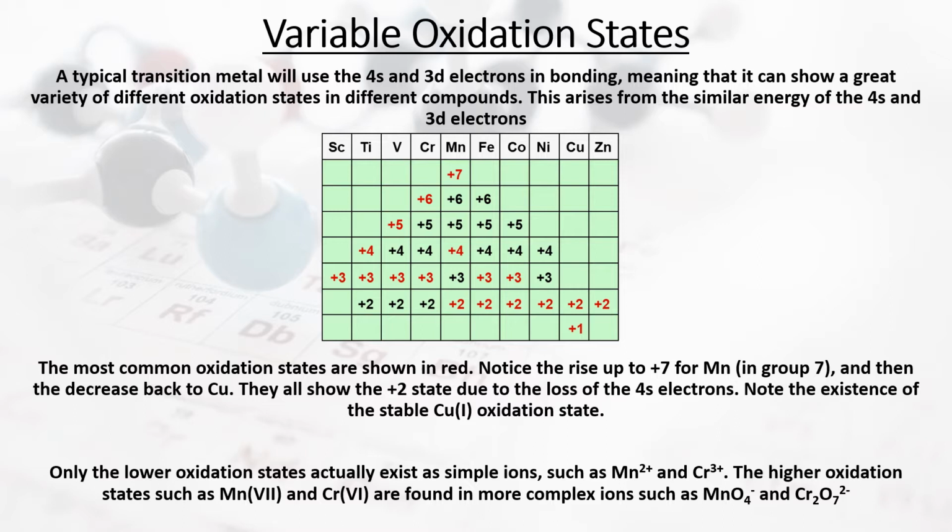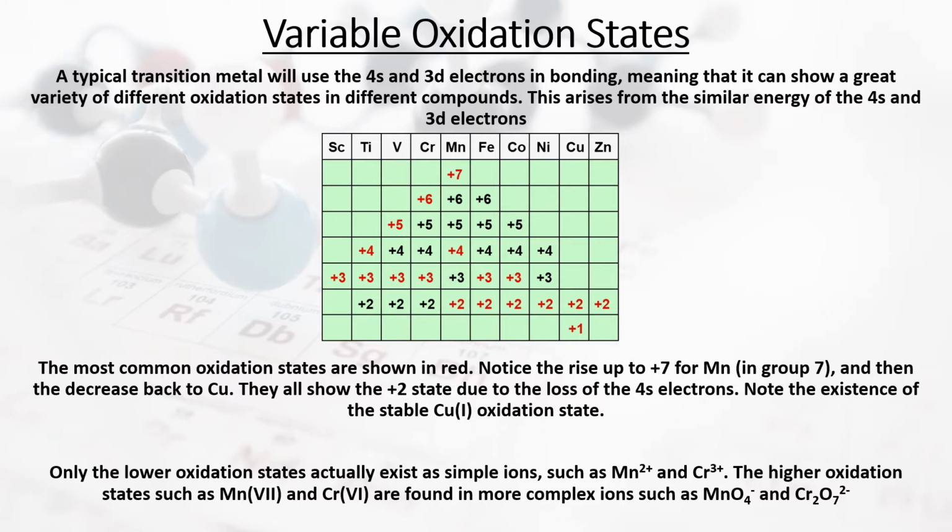Now only the lower oxidation states, normally the +2 and +3 oxidation states, exist as simple ions. So for example, the manganese 2+ ion, the chromium 3+ ion, these have pretty small oxidation states, +2, +3. The higher oxidation states, for example the Mn7+ or the chromium 6+, these much higher oxidation states, aren't found as just isolated ions. So you don't find the Mn7+ ion, you don't find the chromium 6+ ion. What you actually find them in is more complex ions, such as the manganate ion, MnO4-, or the dichromate ion,